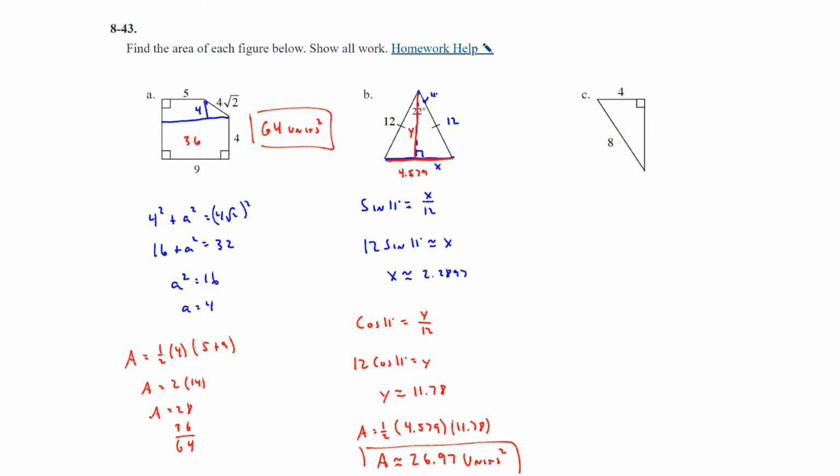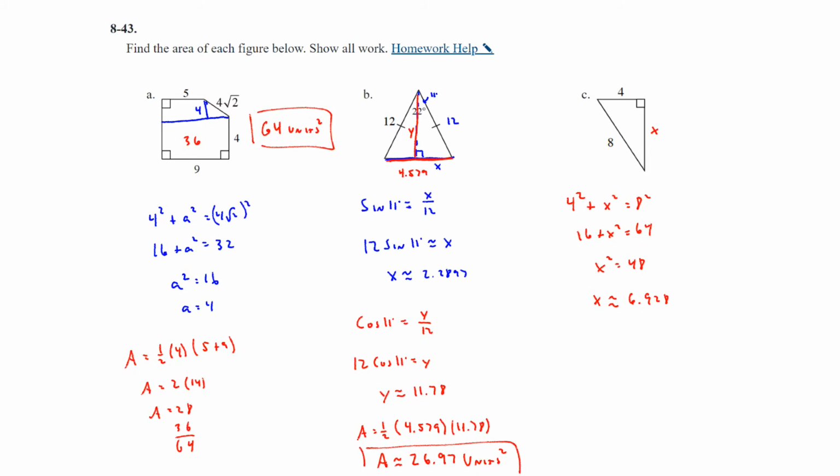Alright, on part C, we have a right triangle. We're given one leg and the hypotenuse. You might recognize it as a special right triangle, but I'm just going to go ahead and use Pythagorean Theorem to find that third side. So we have 16 plus x squared is equal to 64. Subtract 16 from both sides to get 48, and then take the square root of 48, which is approximately